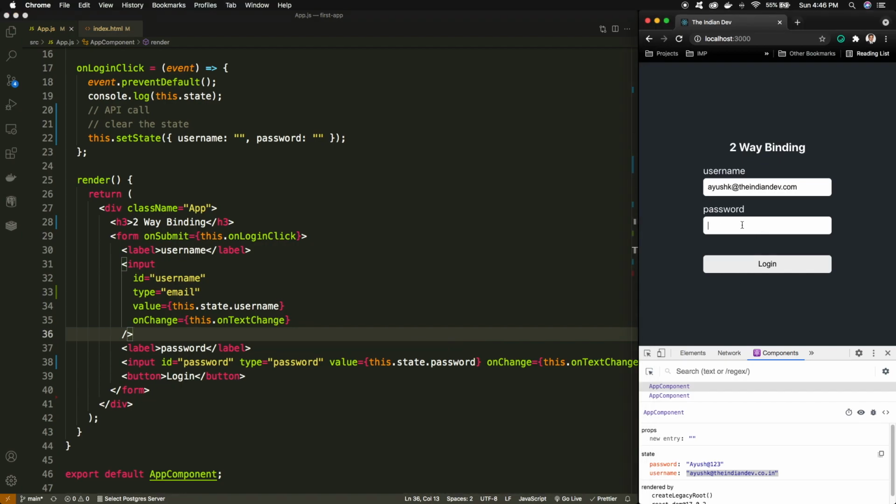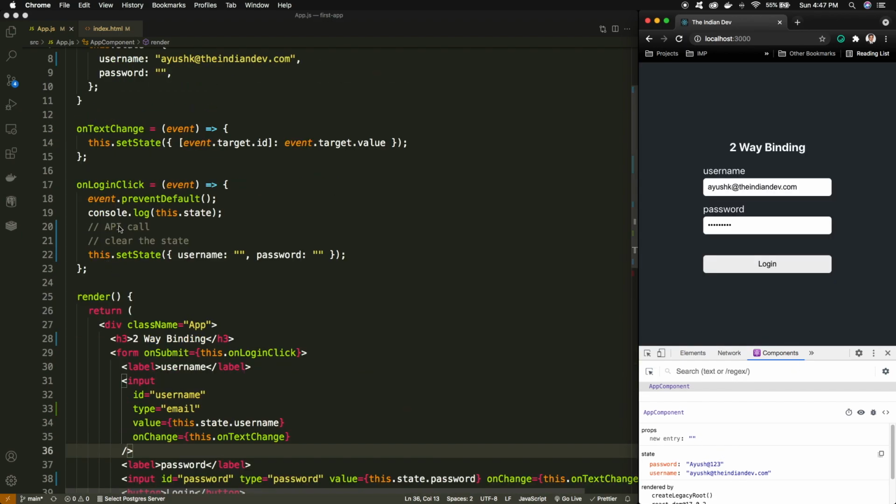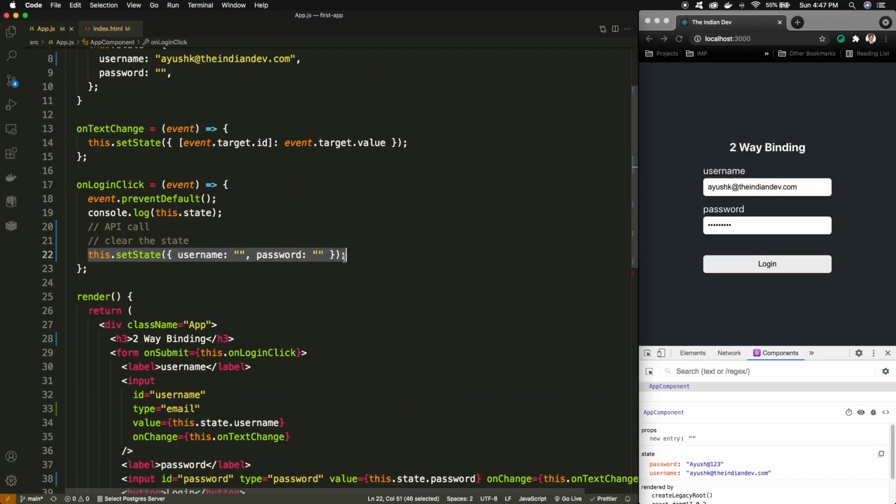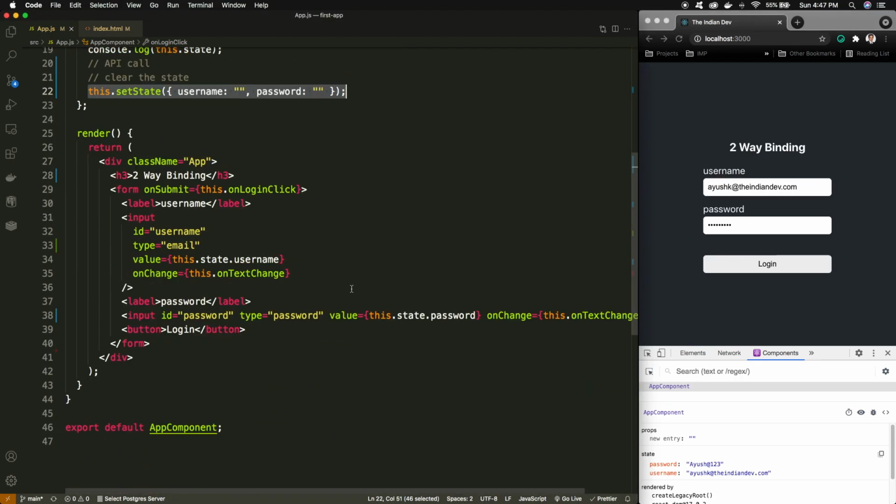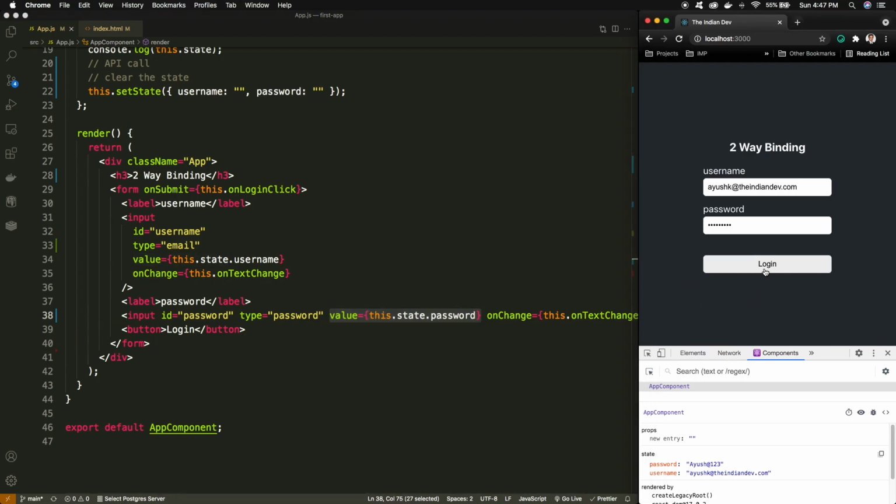So now let's see. Let me refresh this. Yeah, initially the password is empty. Now I'm writing evaluate and you can see that the state is updated. Now if I click on the login button, the state will get reset, and as our state is connected to our input field in a two-way bound manner, it should empty this. So I'm going to click on login, and you can see, guys, boom, here we have achieved the two-way